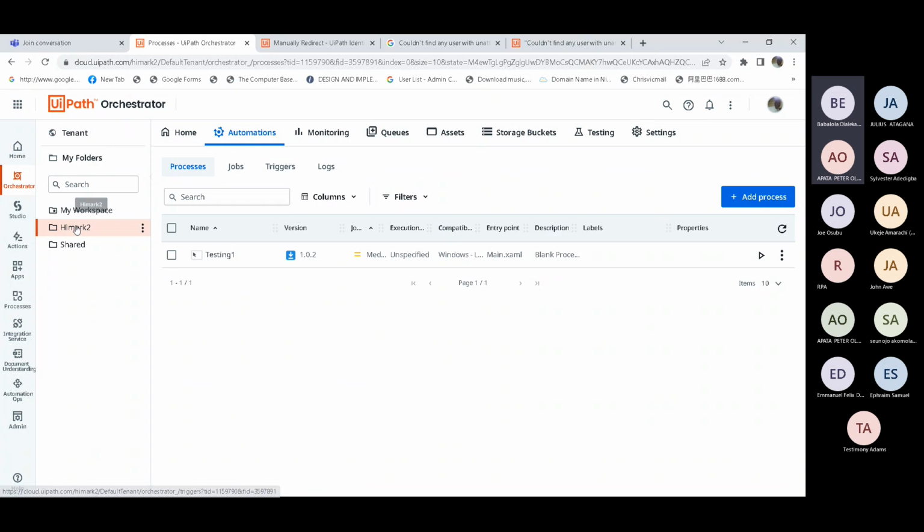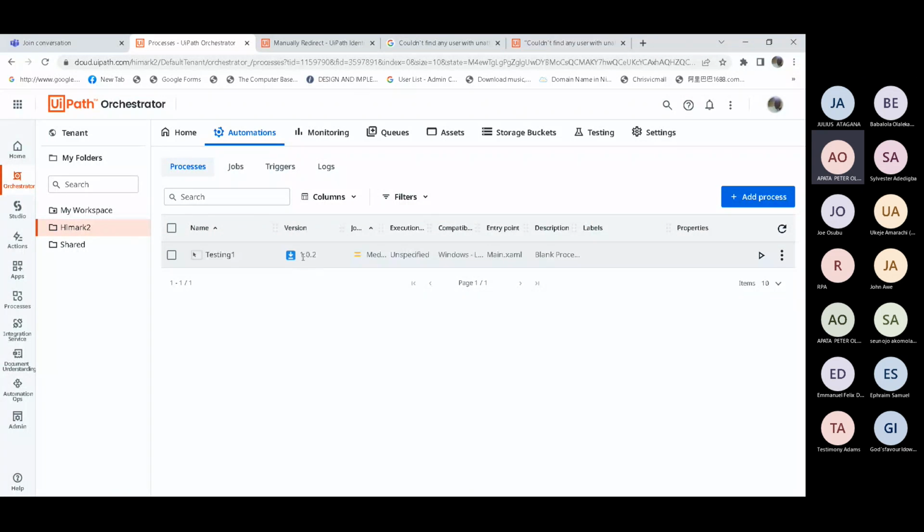We already have the process. If you run it, you are still running the old version. You see that the version is showing you downward, there's a newer version. Say updates are available, so go to the three dots in front of it.